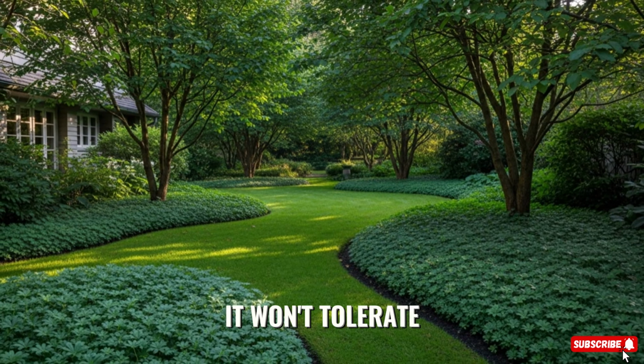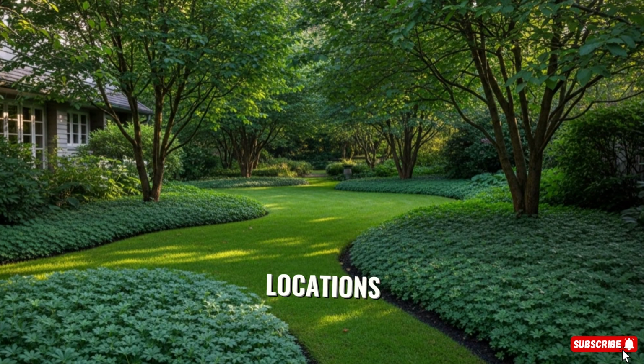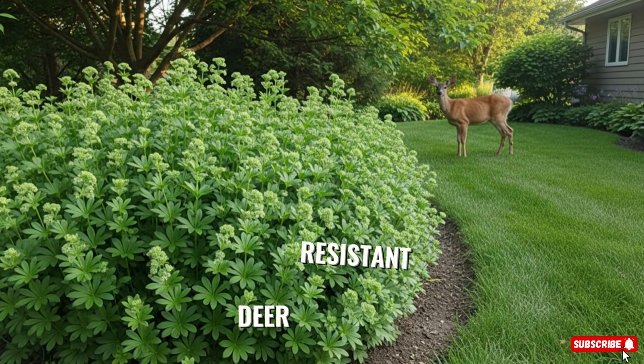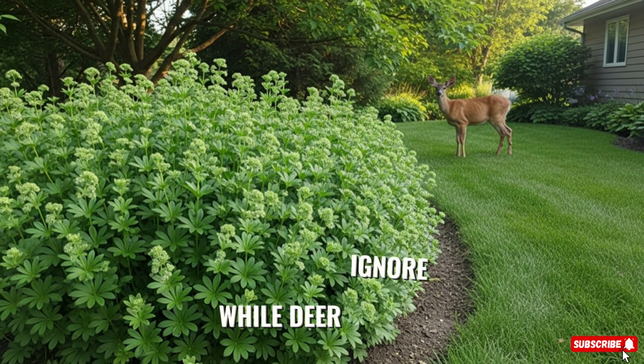It won't tolerate constantly wet conditions, but it appreciates consistent moisture and will struggle in very dry locations. Here's a bonus. Sweet woodruff is deer-resistant. If you garden in an area with deer pressure, this plant will continue thriving while deer ignore it in favor